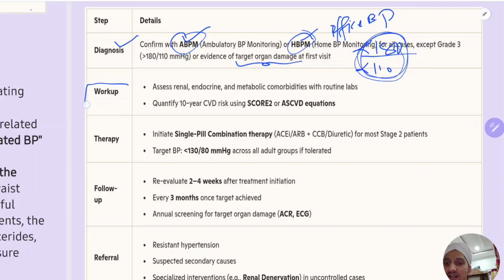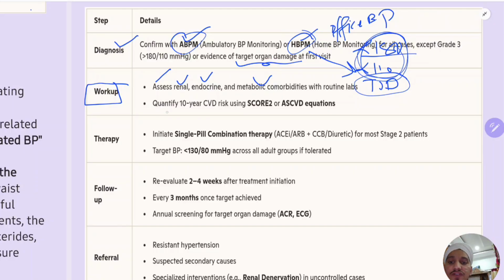Okay. Then what is the workup? So first we will assess this, rule out the secondary causes like renal cause, endocrine cause, metabolic comorbidities which are associated with this hypertension. And one more thing is, you should assess target organ damage in these patients. So investigations are focused to rule out target organ damage and secondary cause. So first you will diagnose, then you do investigations, history, physical examination, investigation, very well and very deeply discussed in